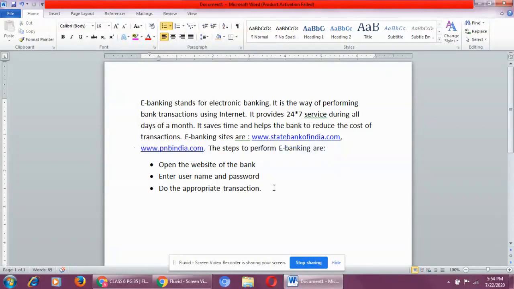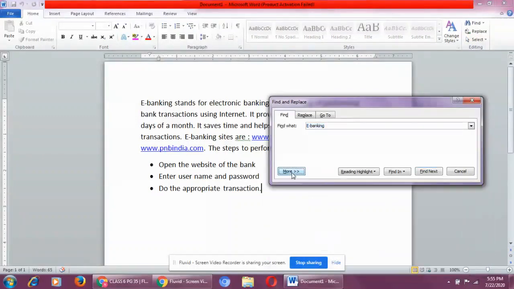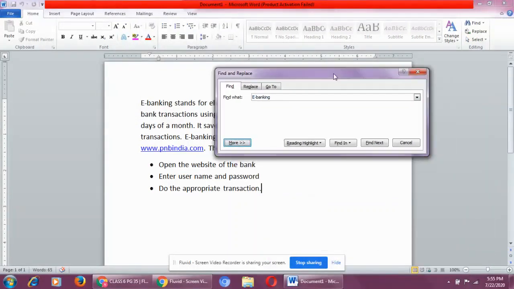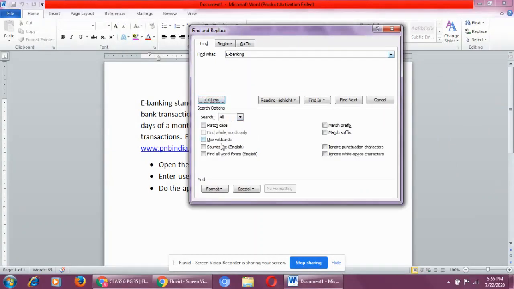I hope children you have understood the topics very well. Now, how to do this find and replace, I have taught you. Now I want to explain something more. If you click on Find, Advanced Find, and click on this More option, you can see different options.